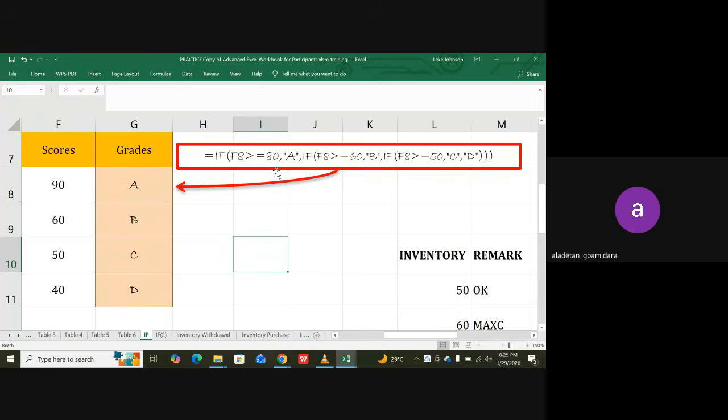It's correct, sir. So that is why Excel picked A, because that is the answer that we said. So we go to the next one. We say the next one, we are saying that